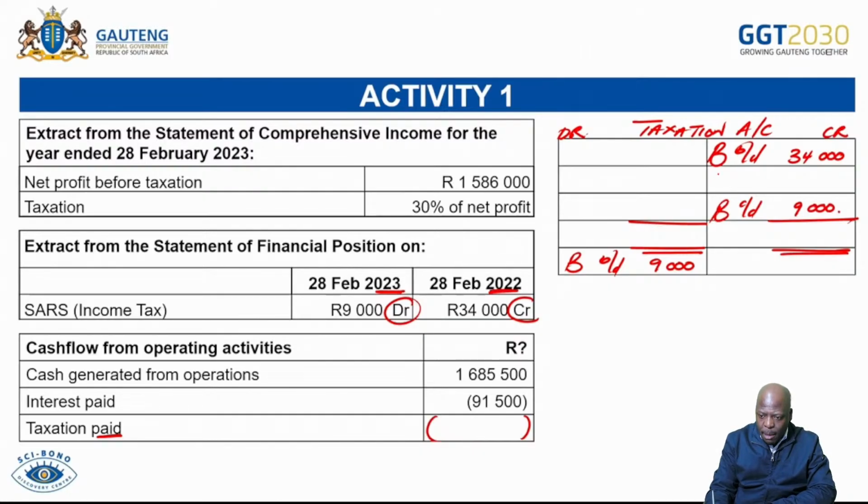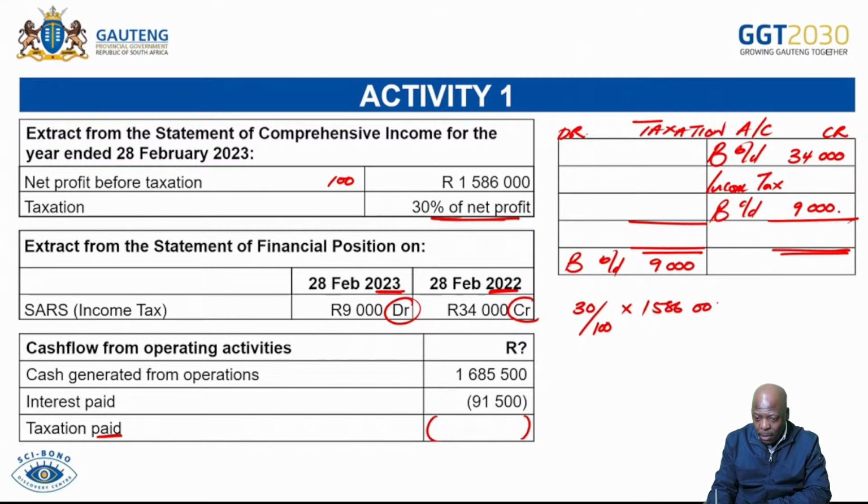So here I'm going to say I need my income tax. I was told that taxation is 30% of net profit. But here I'm given net profit before tax, and I know that net profit before tax is 100. And therefore my taxation is 30% of the net profit. So what I want is that 30, and what I have is 100. Then I multiply that by